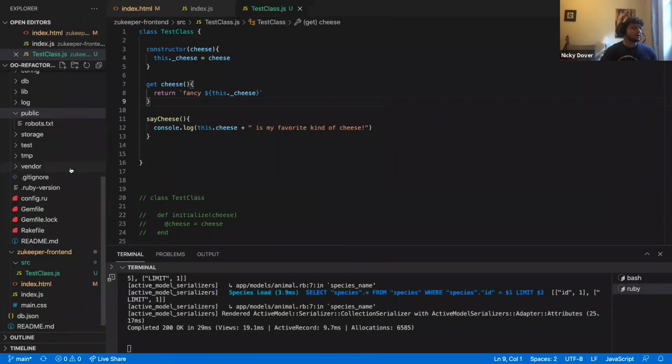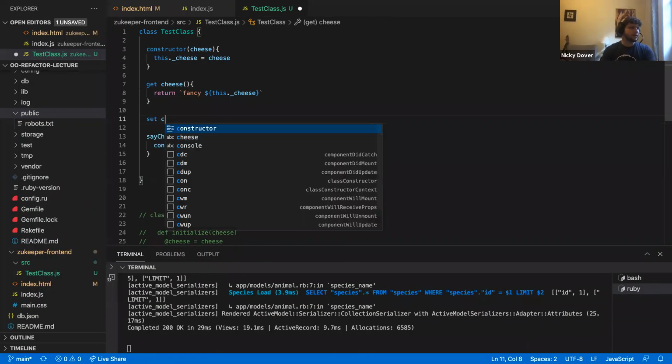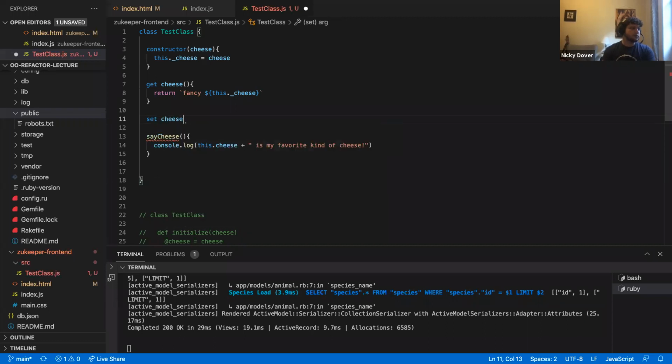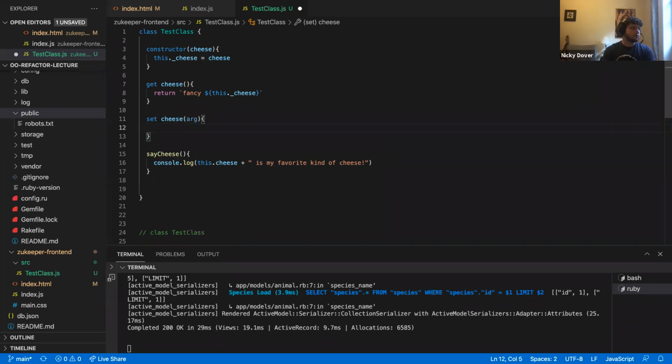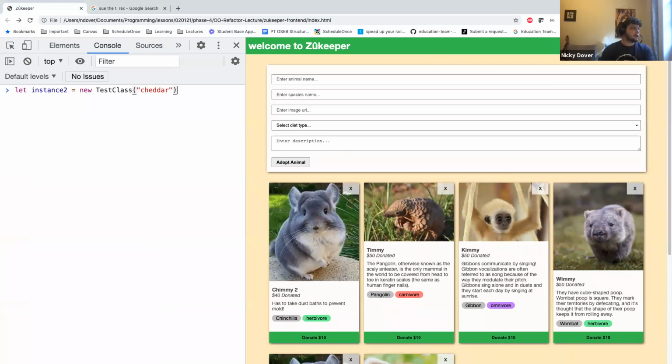We can also do this with setter methods in a very similar way. We go ahead and say set cheese arg. This.underscore cheese equals arg. So if you want to, this is getting a little more niche than you necessarily need to go for the project, right? But if you want to make sure that these actual arguments stay safe and that you have your own setter and getter to do things, much like we did in JavaScript, you can go ahead and do that. So right here, if I go try this again,